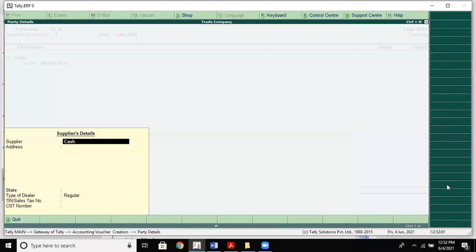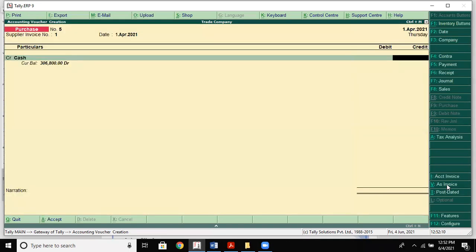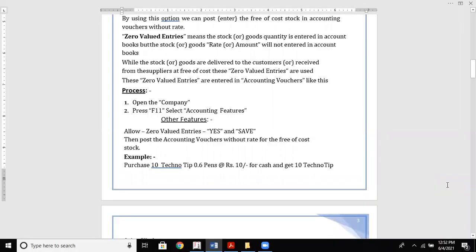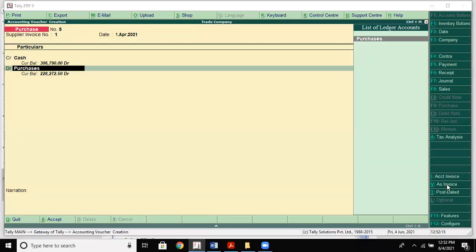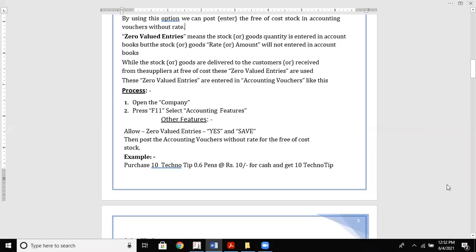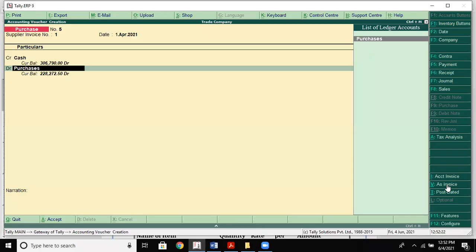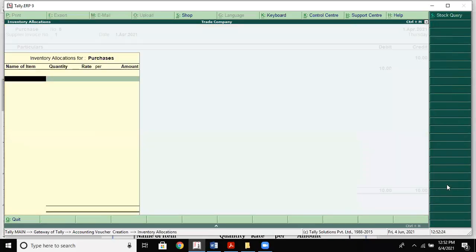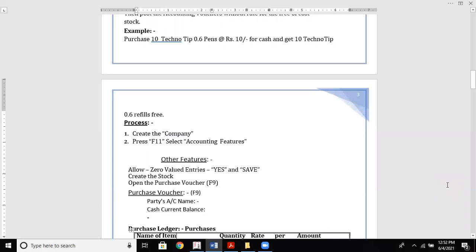So it is cash. How many? Rupees 10, right? Then for cash 10, get 10 for free. Like this, you're going to post it.